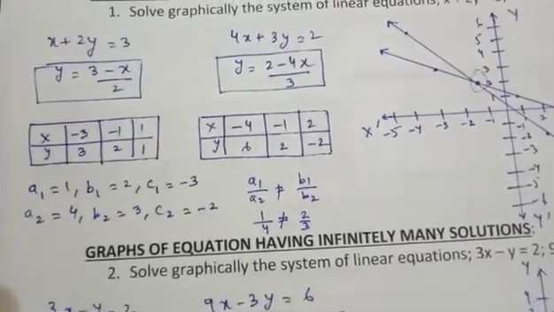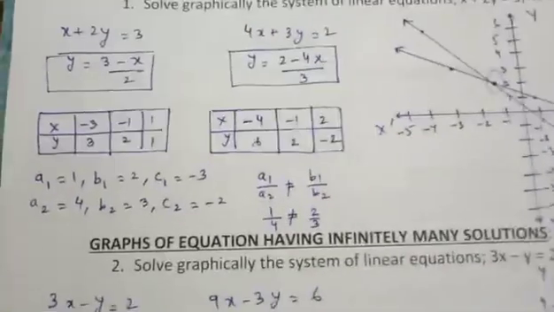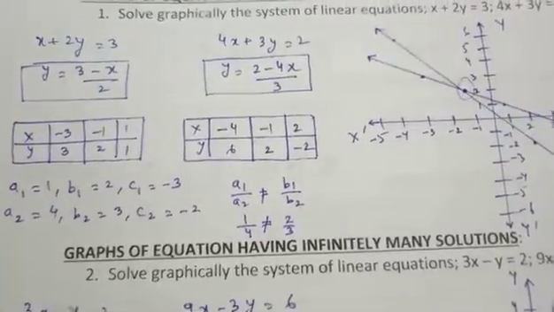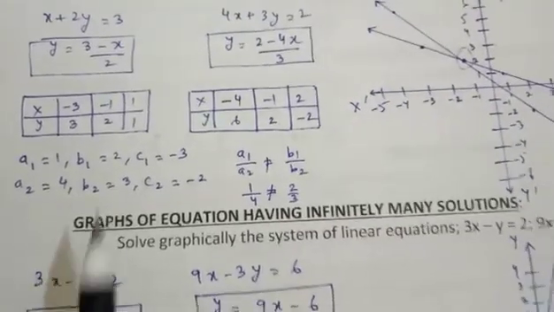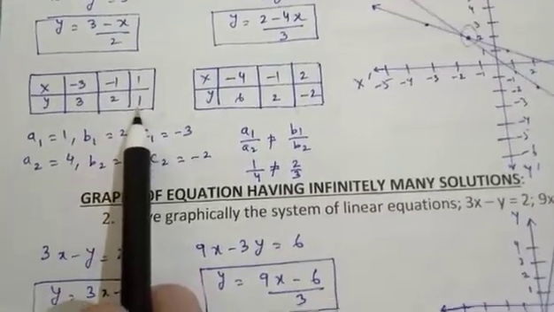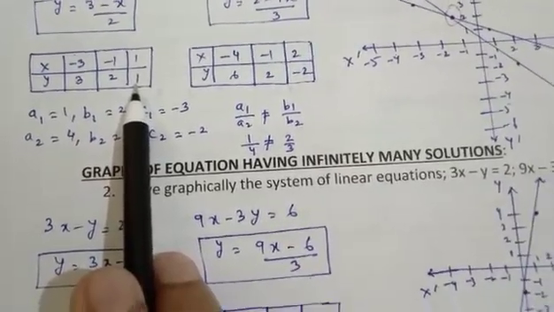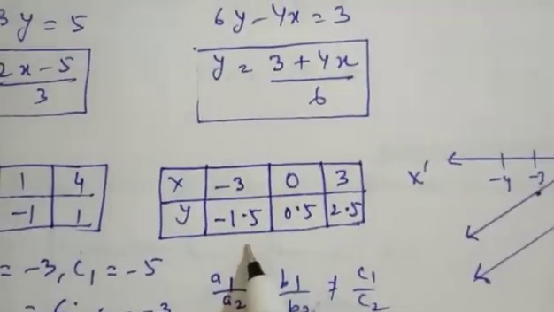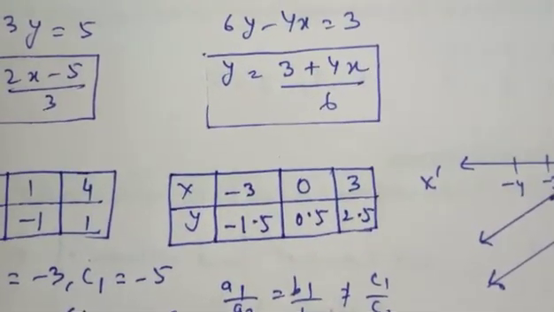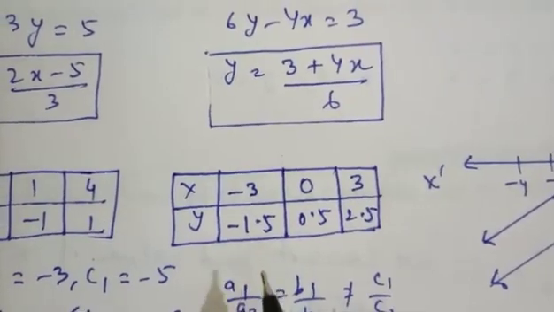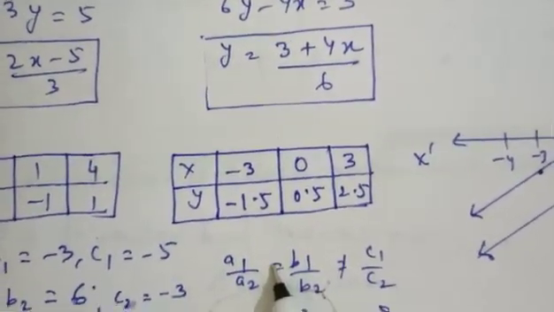As you have seen, when we draw the table, we have taken three values of x and y. This is the minimum number of values which should be taken to draw straight lines, and we can take any value of x and y so that we can draw the graph. If you look at the third case in which we got decimals, from this you can also get clarification that the values can also come in decimals. So this is how we can solve linear equations by the graphical method.